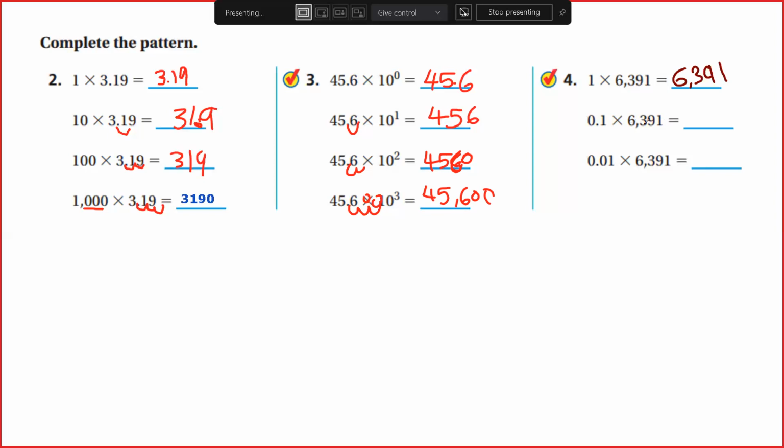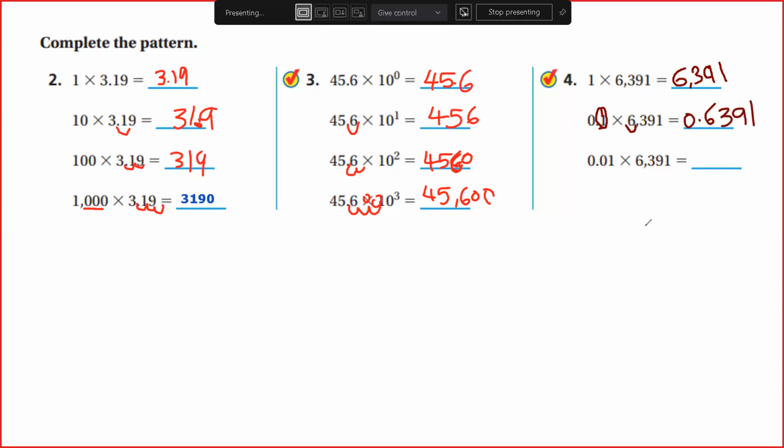Now, 0.1 times 6,391. Where do you have to move the decimal point, to the left or to the right? To the left. How many digits? I have only one number after the decimal point, so I have to move it 1 digit to the left. So it's going to be